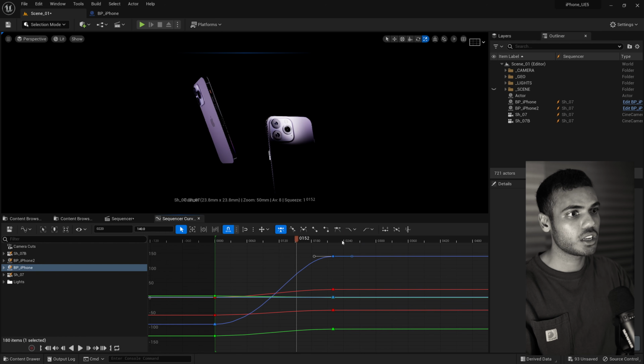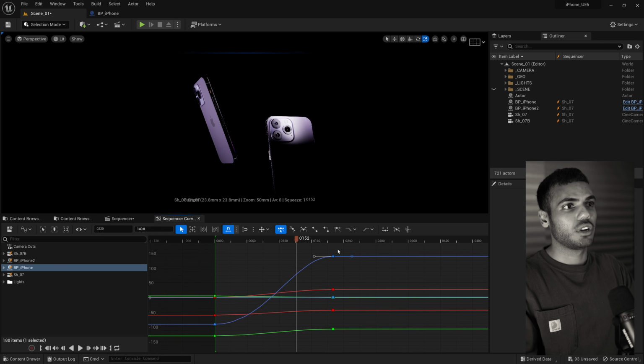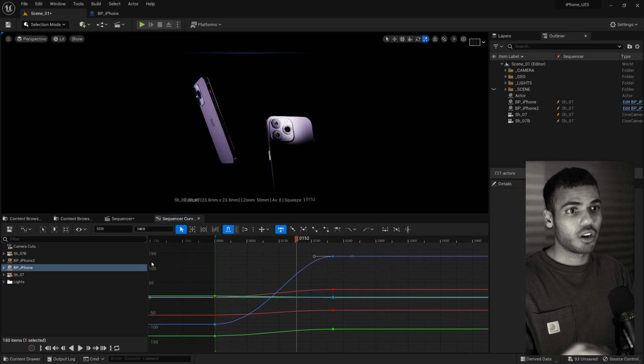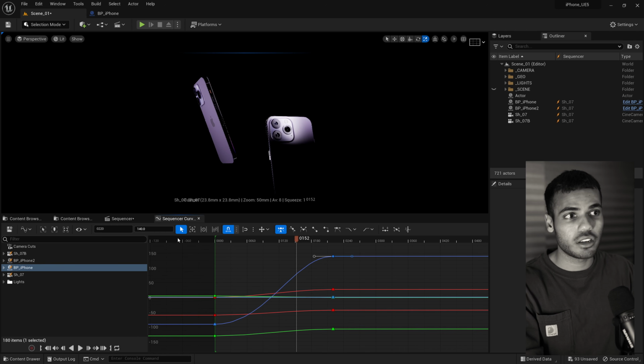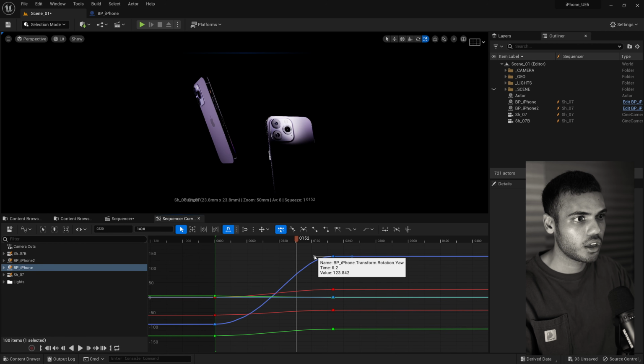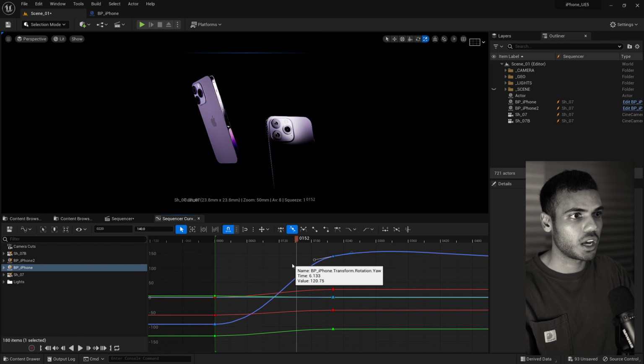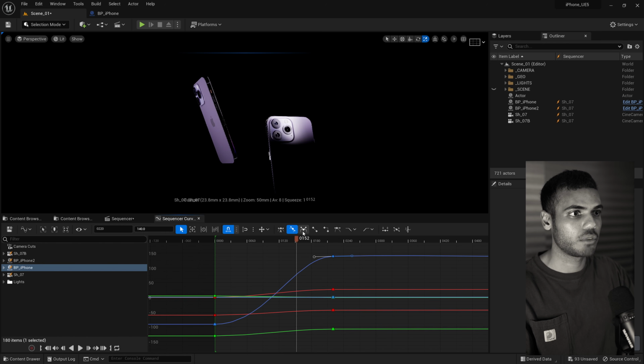So definitely use the curve editor if you are wanting to really fine-tune your animations where it ramps up in speed and slows down in speed. Definitely quite simple to use as well in this iteration. You don't get independent values of where the actual handle is placed, but other than that, it's pretty simple to use.